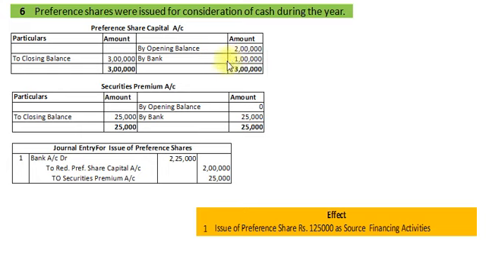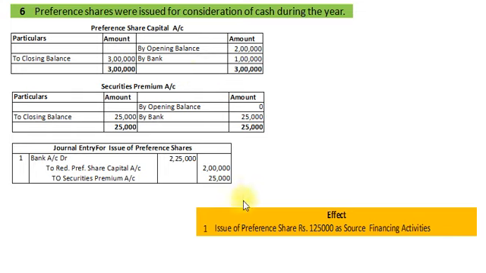Dear student, here we have the securities premium account. There is no opening balance in the beginning and the closing balance is rupees 25,000. It means preference shares worth rupees 1 lakh were issued at a premium of rupees 25,000, and our accounting entry will be: bank account debit rupees 1 lakh 25,000 to redeemable preference share capital account rupees 1 lakh, to securities premium account rupees 25,000. Posting on the credit side of the preference share capital account by bank rupees 1 lakh and the securities premium account credit side by bank rupees 25,000, and both the accounts will tally.